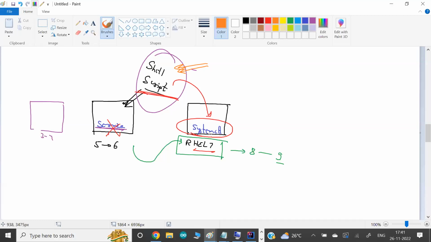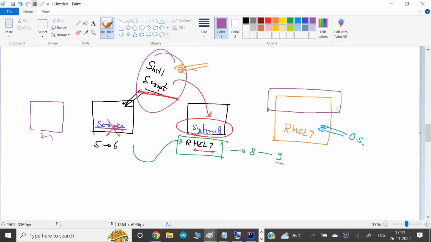In this case, migrating the OS might be a different game altogether. But let's say somehow they migrated to this OS. But having only the OS does not make any sense, right? Why do you need the OS? Because on top of the OS, you can run some programs, some services and some servers. And how do you launch a server? Either you can use a manual way, but mostly, as I explained to you guys, we want automation. And for automation, if they use a script, in this example the script failed because a lot of the underlying commands they used to use have been changed.